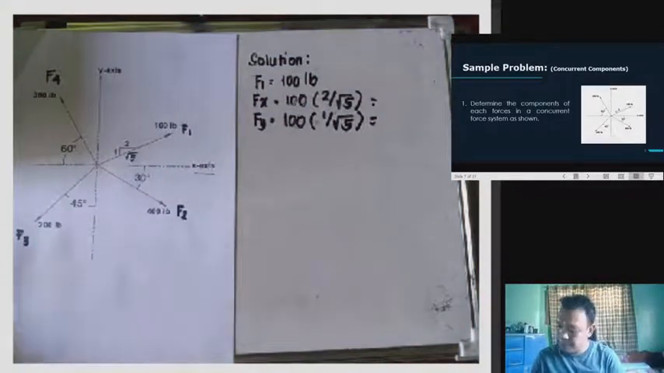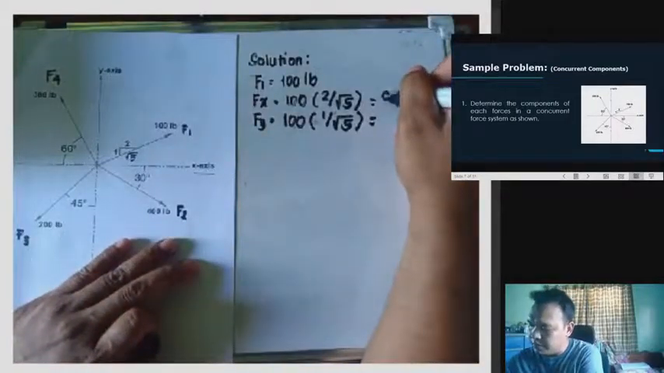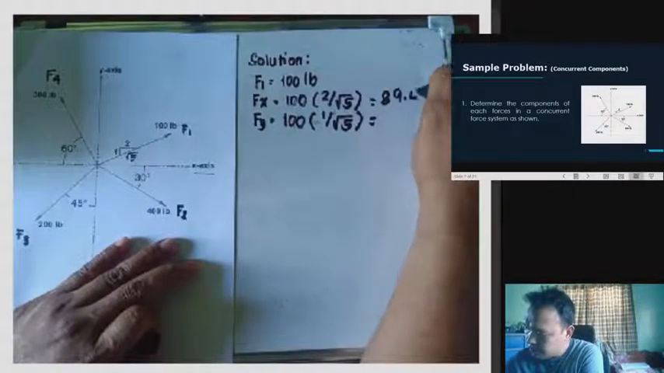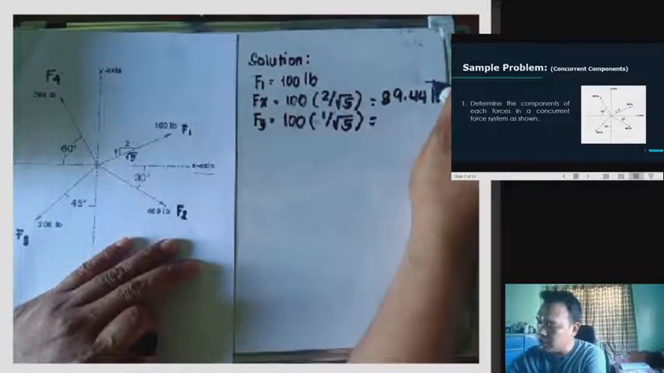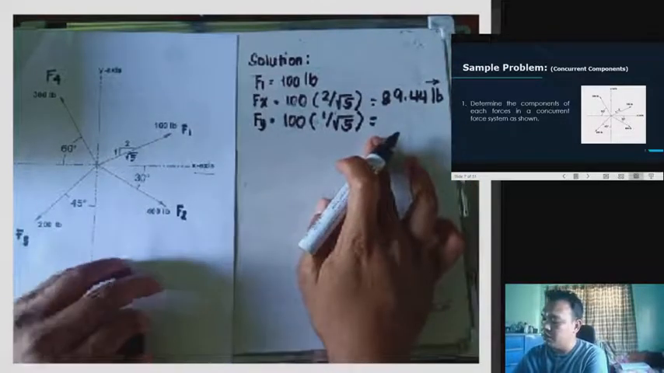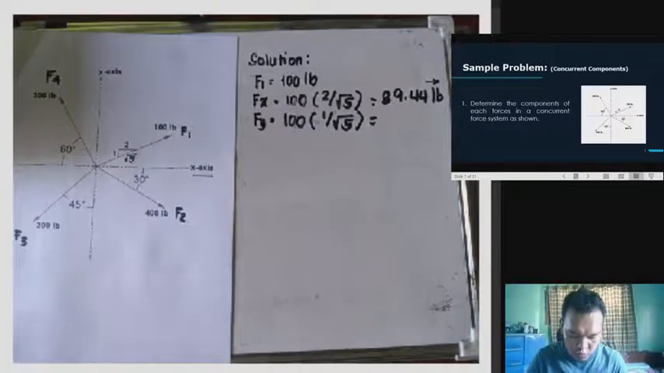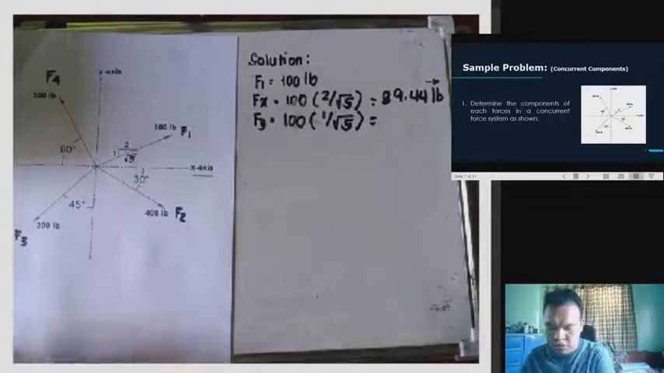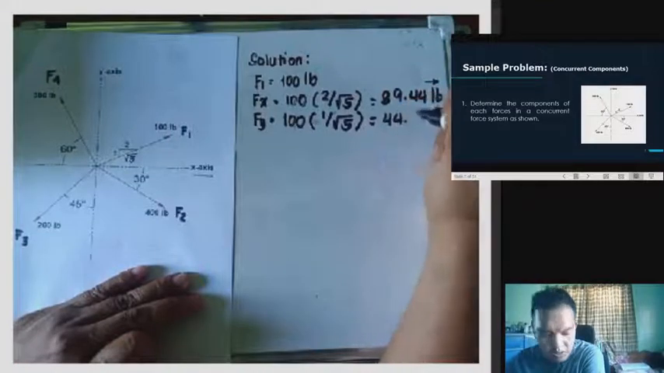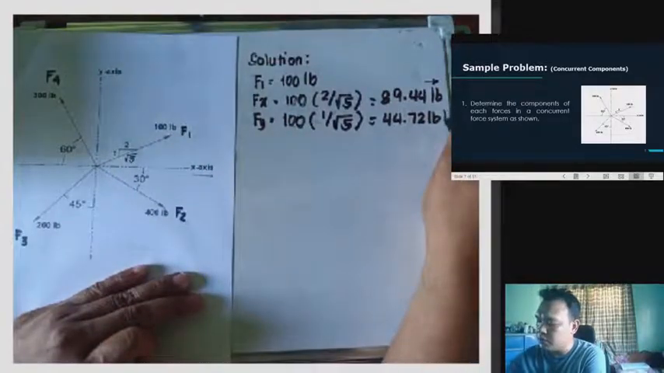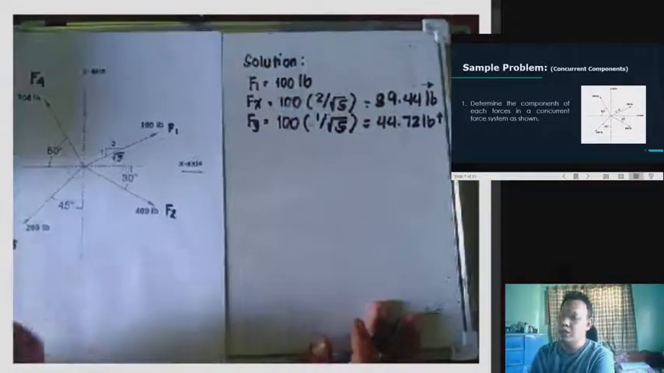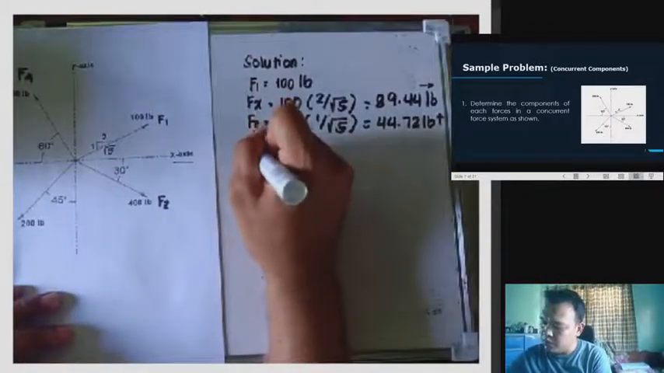So, we can get the values of F1 right away. We have here 100 times 2 over the square root of 5, which is 89.44 pounds. So, Fx means the direction is going this way. Then, we have Fy, which is 100 times 1 all over the square root of 5, so we have 44.72 pounds. The direction, since it's going up, so our Fy is upward. Okay? Then, for F2, which is equivalent to 400 pounds,